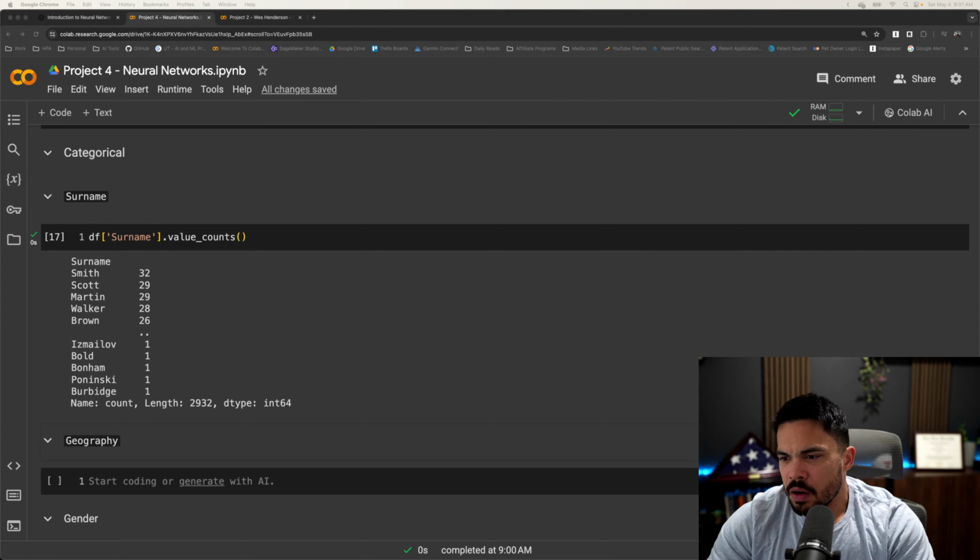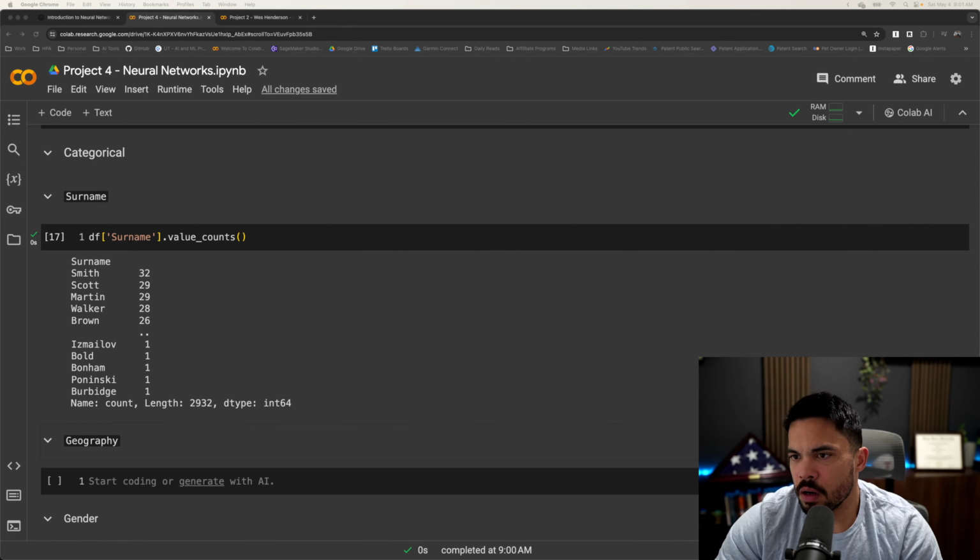So for categorical, stacked bar plot. I've got some functions over here that I've written before. And in order to save time,